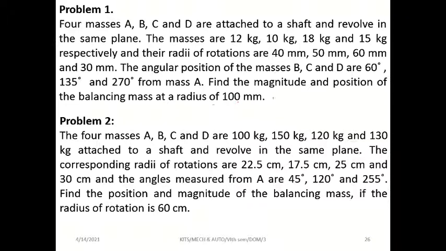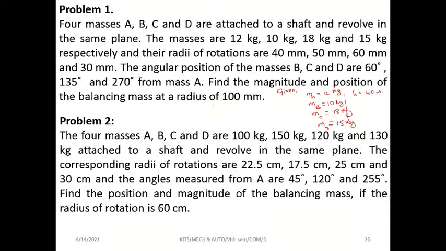Okay, so first of all we will write the given data. What are the given data? MA is 12 kg, MB is 10 kg, MC is 18 kg, MD is 15 kg, and RA value is 40 mm,